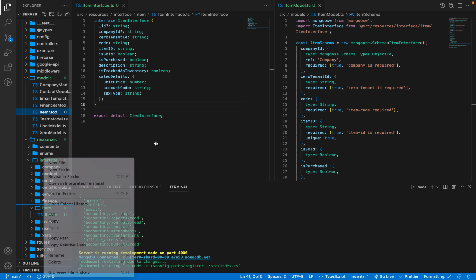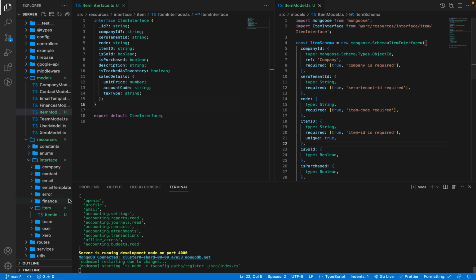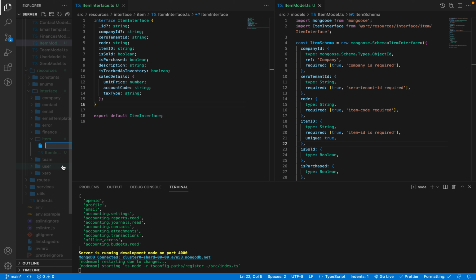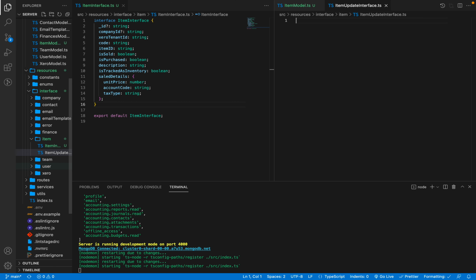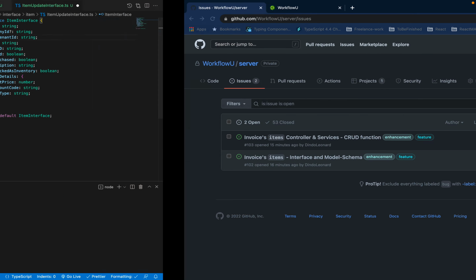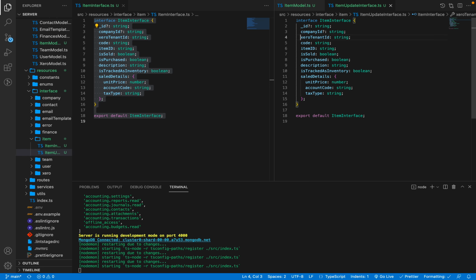So when creating an interface, I usually create an update interface. So wait, item update interface. This item update interface has the same interface as the item interface, but I'm going to make all of the fields optional, so that if we're going to have some update function, they can either put